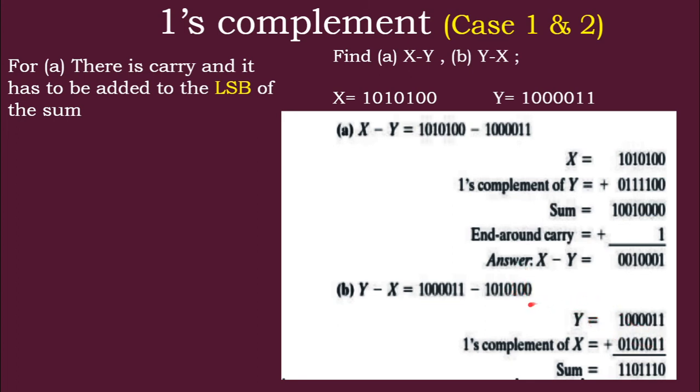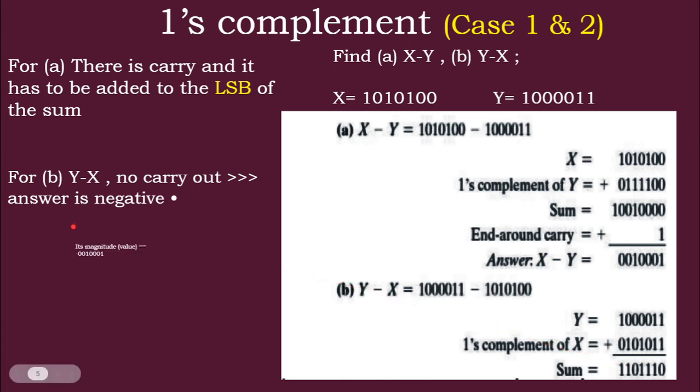So once you have found the complement, you have to add the values. So 1 plus 1 is 0, carry 1. Actually 1 plus 1 is 1 0, so 0 and the 1 is carried forward. So that 1 plus 1 is 1 1, which is 1, and the carry is brought forward. So 1 plus 0 is 1, 0 plus 1 is 1, and then 0 plus 0 is 0, then 0 plus 1 is 1, and then 1 plus 0 is 1. Here, in the sum you got in the second case, there is no carry. If there is no carry, it means the number is negative.